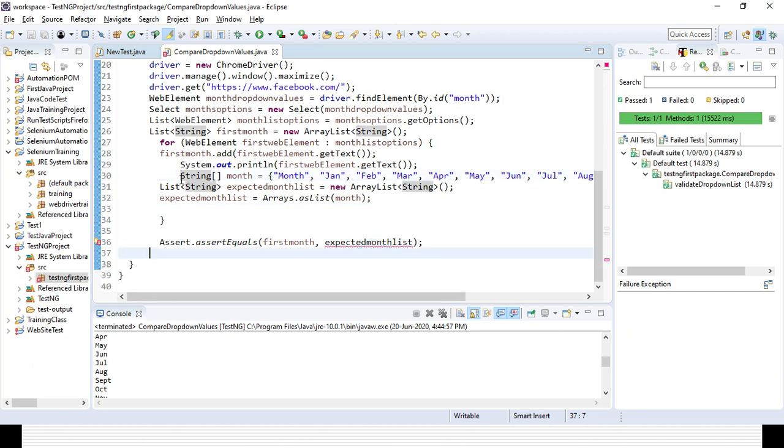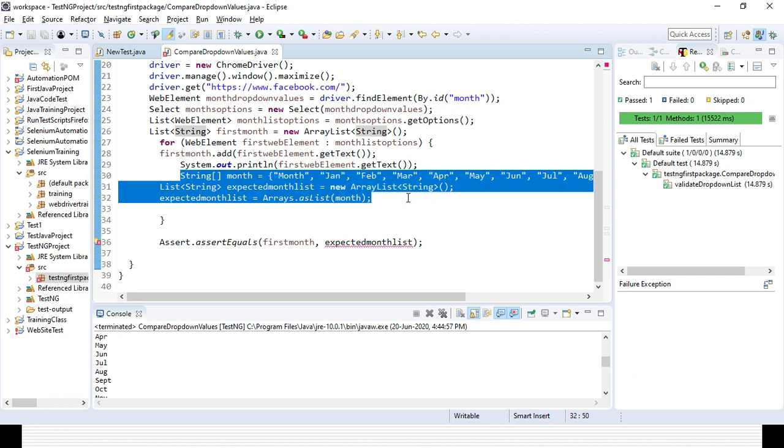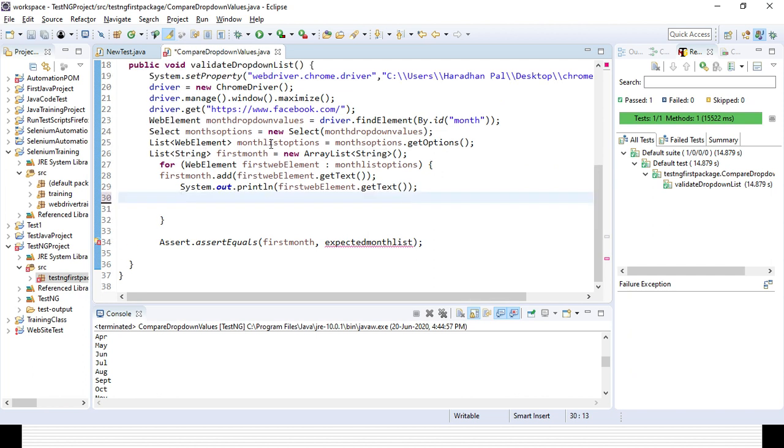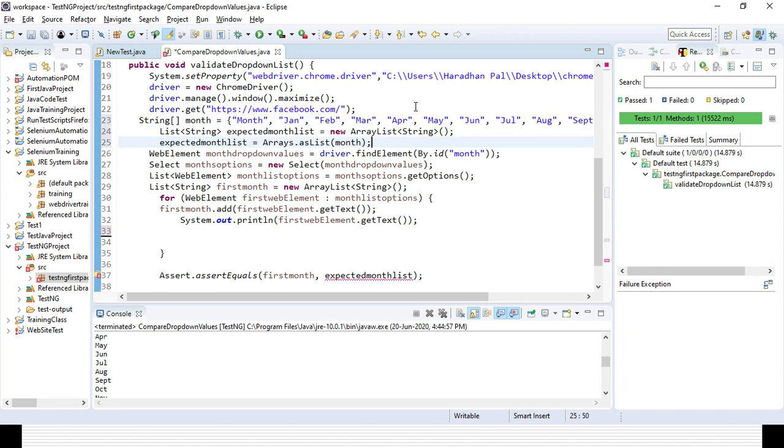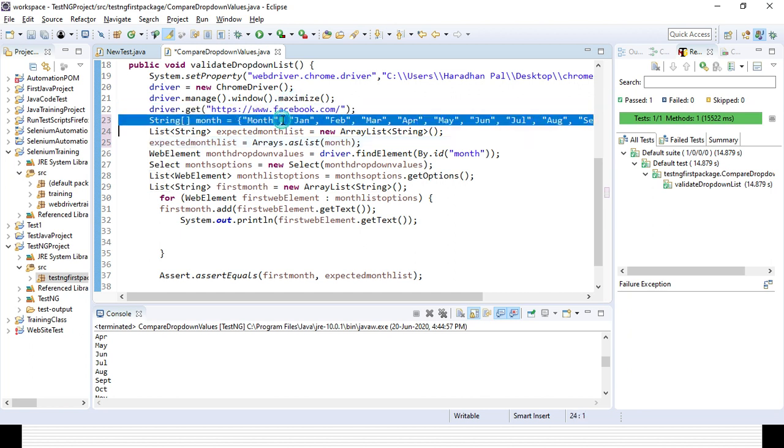Okay, because the expected thing I already defined within that particular for loop, right? So I need to move it out here. Before starting the for loop I can declare it here, right? So even before starting, after opening the web page, I can declare here that this will be my month expected values, right? So that is the reason some error message is coming. Okay, so after just opening the Facebook page I am storing all the month options,